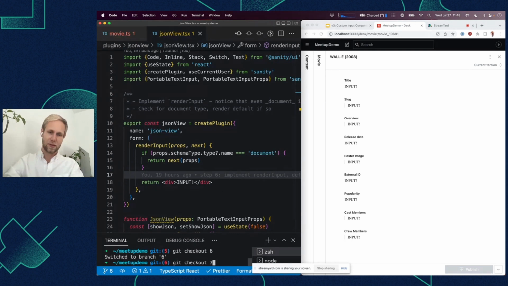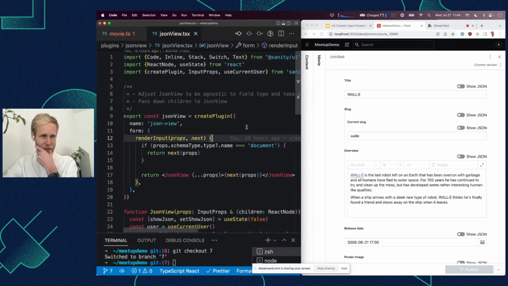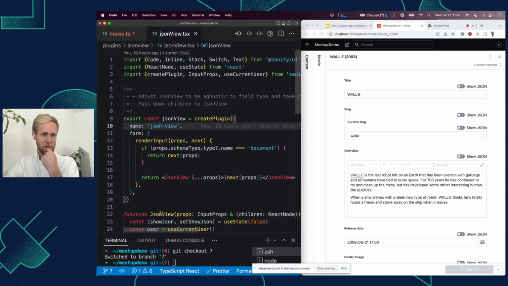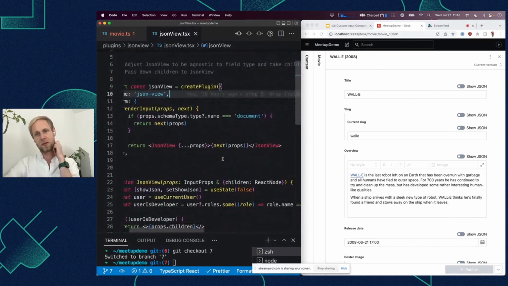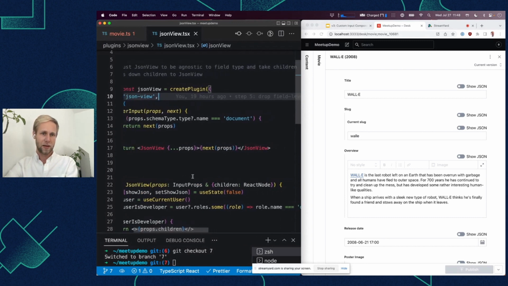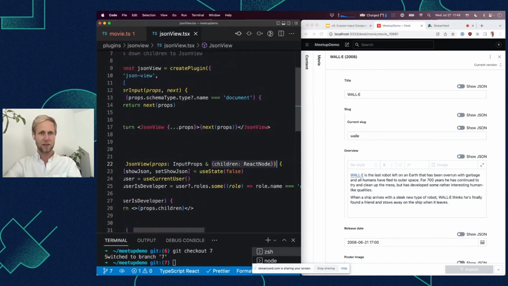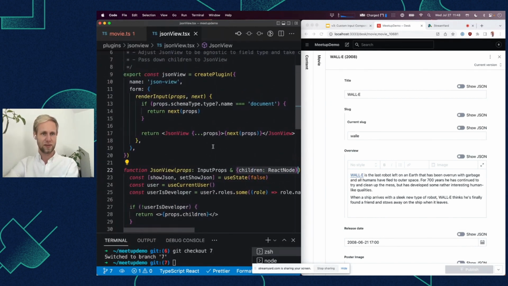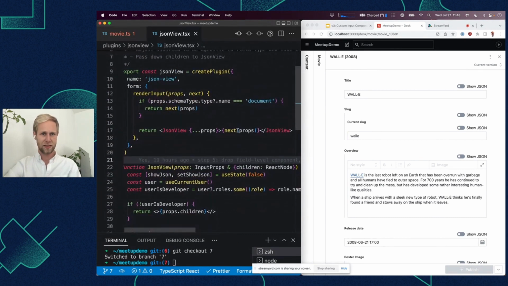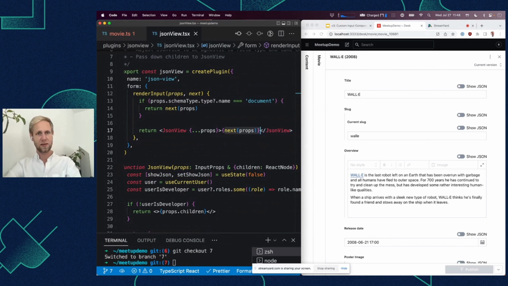So one step further. Now I've adjusted this JSON view function to be agnostic. So it doesn't just work for portable text inputs. It's usable for any input type. And I've also extended it so the properties here take the regular input props, and it's also going to take children, like React children, as you might be familiar with, just like React components can take children. And I'm now passing down the default here. So as I said, the next function, if you call it, is just going to render the default